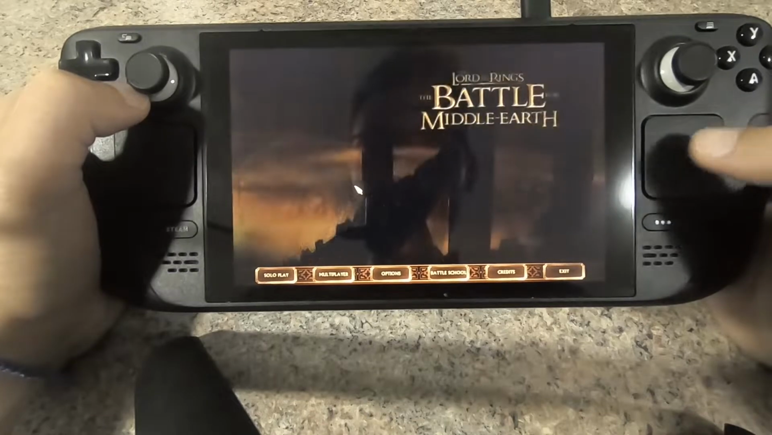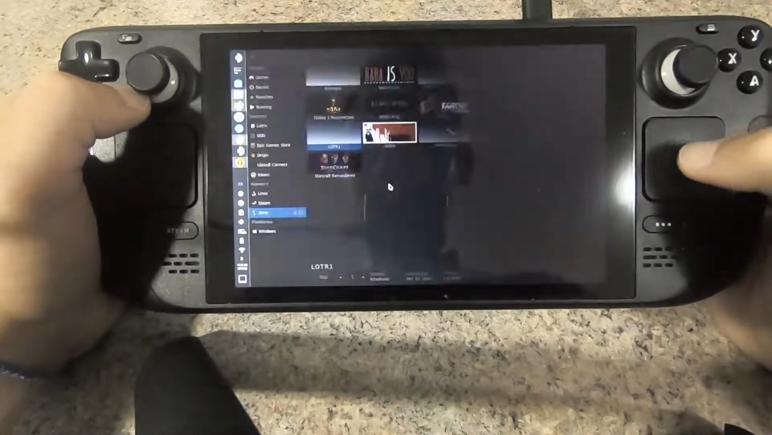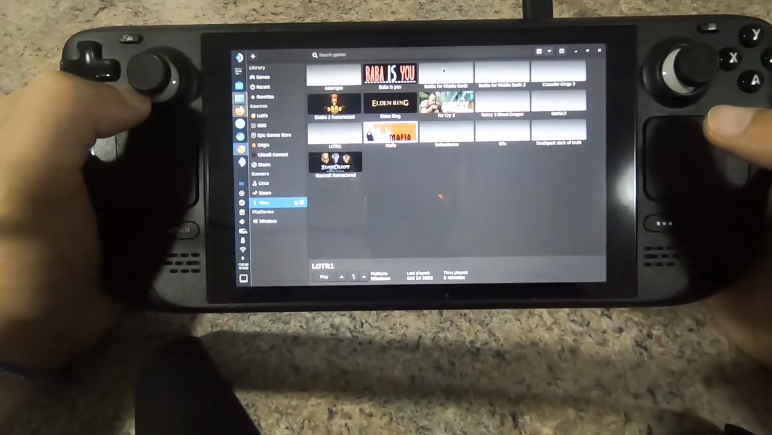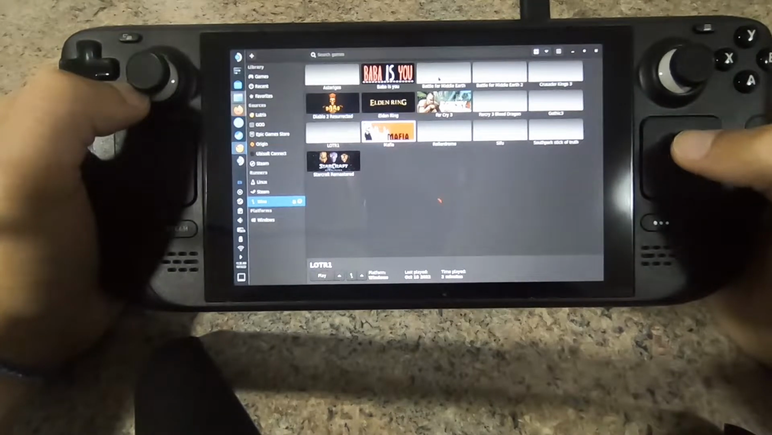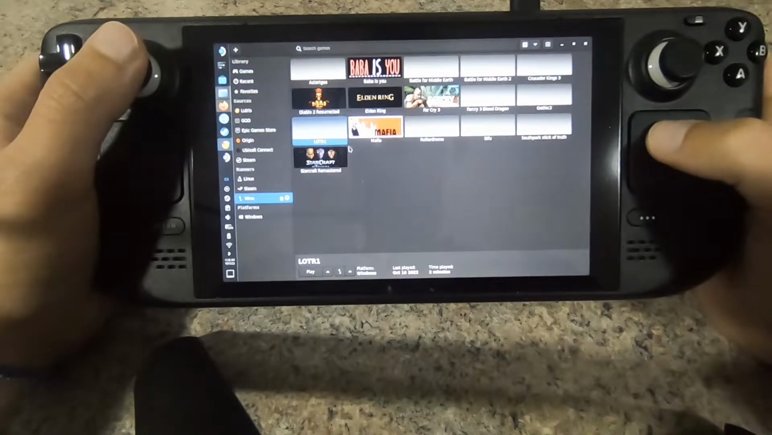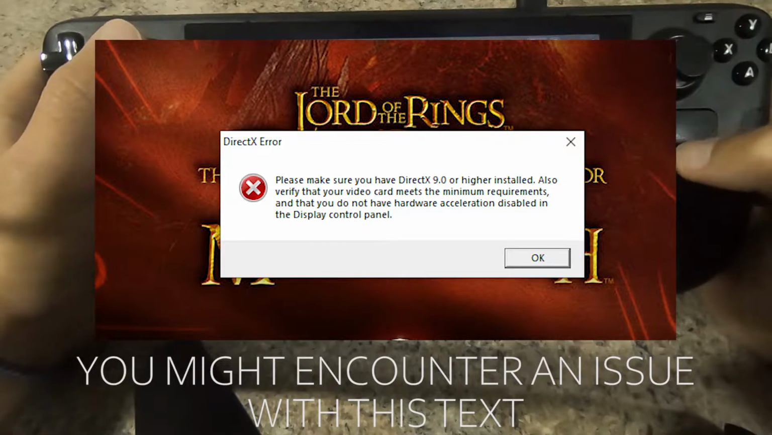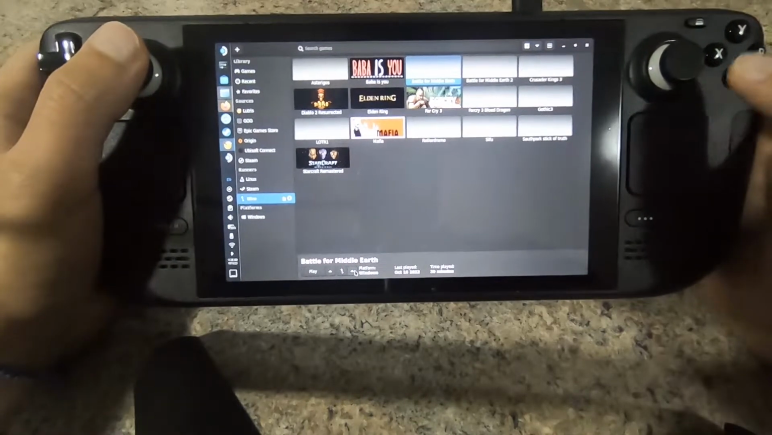But yeah, you have basically Battle for Middle-earth on Steam Deck. I'm gonna exit the game now, and to be more clear regarding that problem that I was referring to a few moments ago, if you are encountering an issue like you don't have DirectX 9 or something like that, which is an issue I have encountered at first, what you do is, again,